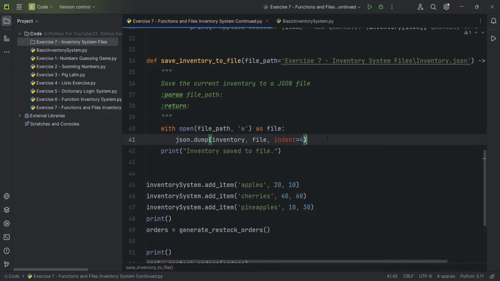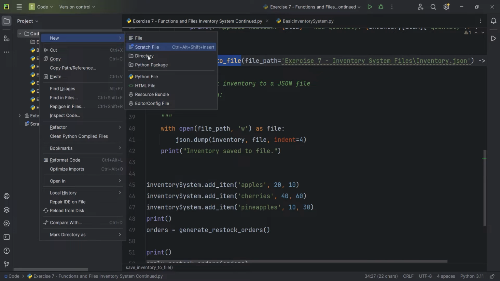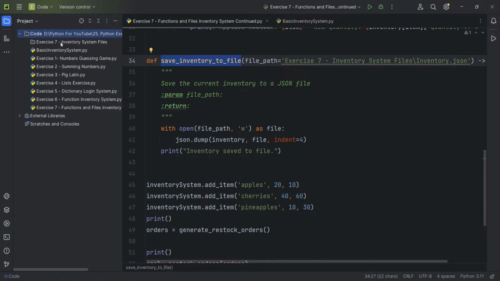Okay, so as you can see right here, I created a new function that is the save inventory to file. Before we continue on, something that I did was create a new directory in here. So when I right click, new, you can see that I create a directory, which is just a file, but in the context of a Python project, we call it the directory, and I called it specifically exercise 7-inventory system